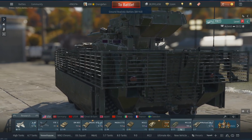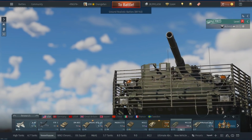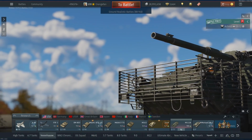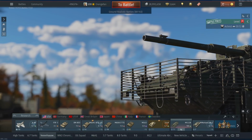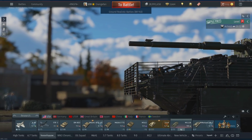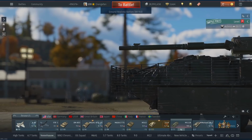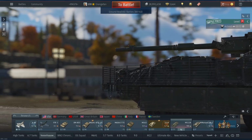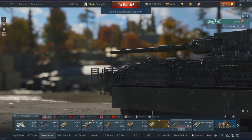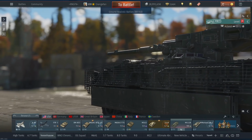So it's not meant to be a tank destroyer per se. It's not really meant to take on enemy tanks, but it has the capability with the APFSDS rounds to do so if it should encounter them, so that the Stryker infantry guys don't have to deal with a tank on their own with just their own man-portable anti-tank weapons. They've got at least a 105 gun with APFSDS to back them up a little bit. It's designed more for knocking holes in buildings, knocking stuff down, taking out machine gun nests and mortar pits and stuff like that,